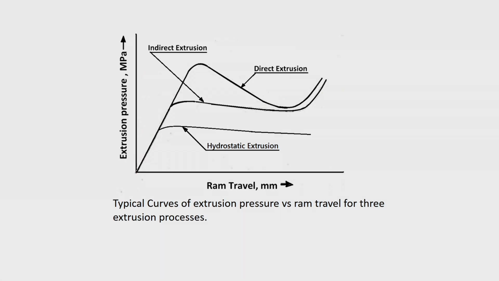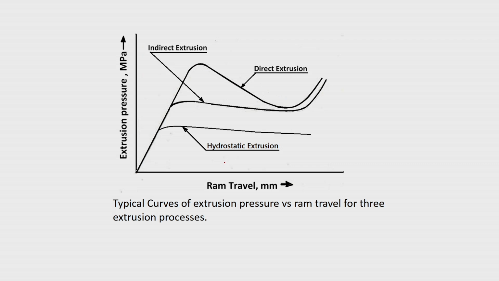So, you will find that the stresses which are required for hydrostatic extrusion are much less than the other case. So, these are the comparison for that. In an exaggerated way it is drawn, but you will see that for indirect extrusion you need higher pressure and then it reaches a maximum, and then when the ram travel takes place it comes down and then after some time it will start increasing. When it starts increasing you will have to stop it. The similar case also here in hydrostatic extrusion, even this increase will not be seen.